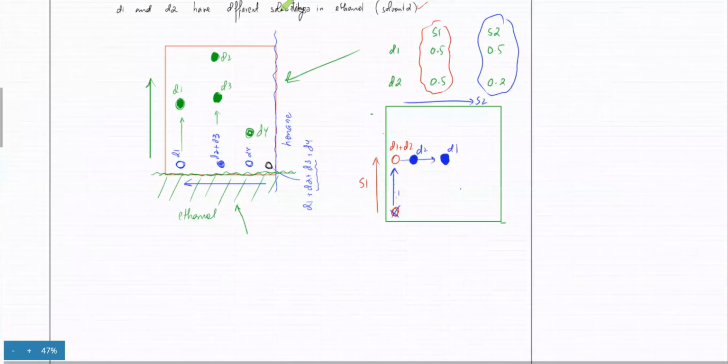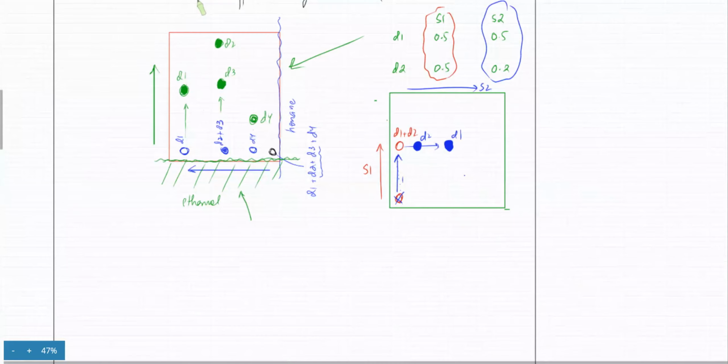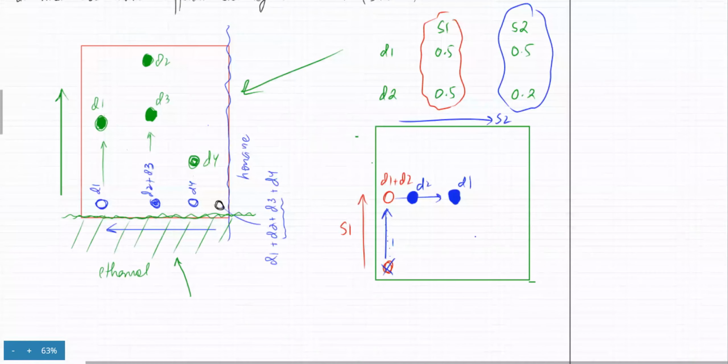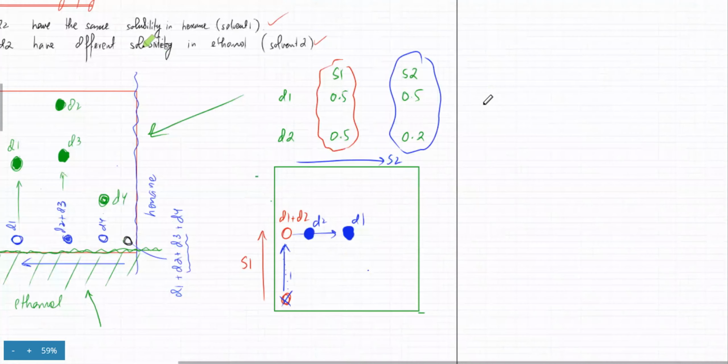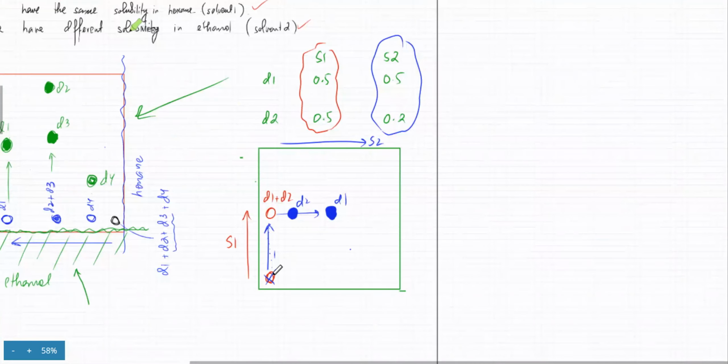Why don't we use the second solvent at first place? Because we don't even know what the substances are. Like we're assuming we don't know the RF values. Okay, let's say there's a mixture, an unknown mixture, okay? अगर तो मुझे पता होता कि dye 1 और dye 2 है क्या, तो I would just use solvent number 2, right? So the thing is that we have an unknown sample, okay? For example, blood ka sample here, it's an unknown sample, we don't know. So multiple solvents use karoge, so the chances of separation is more. That would ensure that the substances are getting separated. Okay, is this clear?